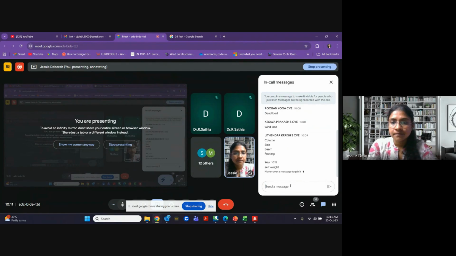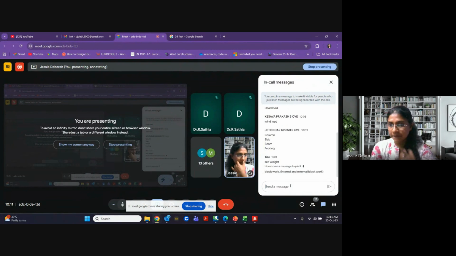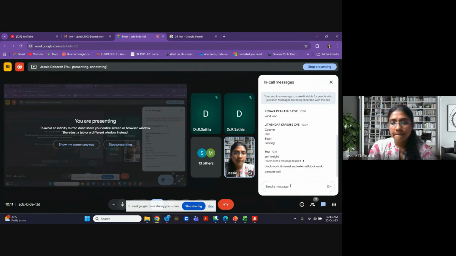Then block work. Block work will have internal and external block work. Correct? Then parapet wall. Am I right?